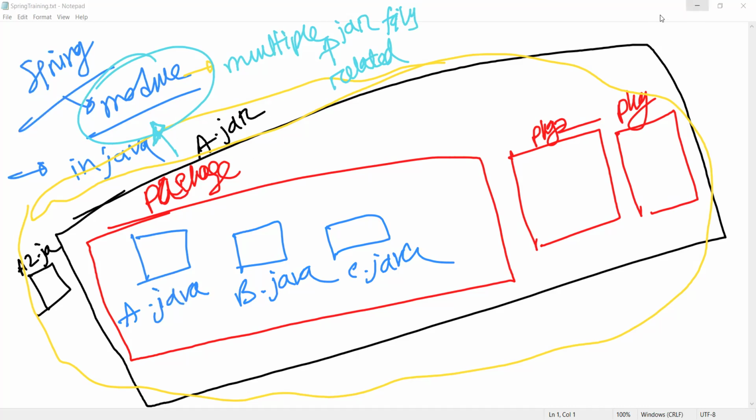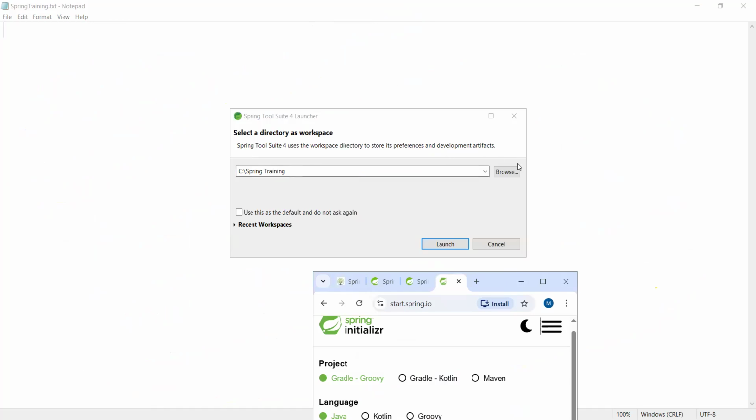Okay. Let me launch this one. Right now we can see the STS.